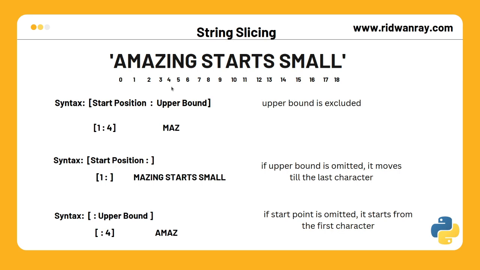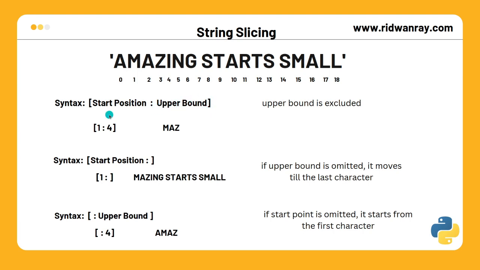You can extract a portion of a string, also known as a substring, by specifying the range of characters you wish to extract from the original string. The index number plays a vital role in retrieving a substring from the main string. The syntax or code format for extracting a substring is square bracket, start position, colon, upper bound, and another